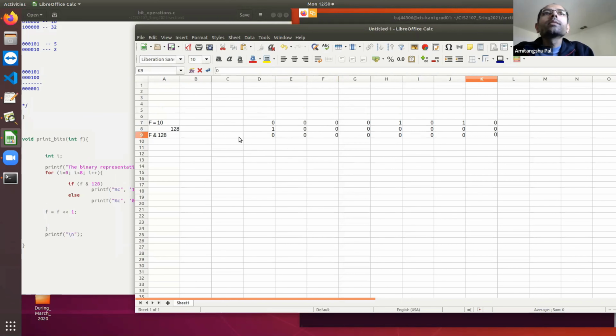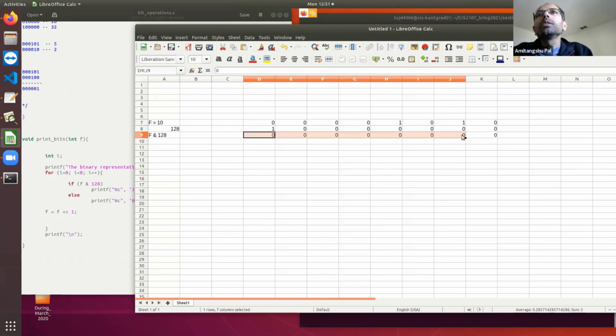So let's try to understand why I am ANDing it with 128. 128 means this place is 1 and all the remaining places are 0s. So basically, I am testing whether this place is 1 or not. If this place is 1, then this number is going to be non-zero. If this place is 0, then irrespective of whatever is there in the remaining places, this number is going to be 0, because I'm ANDing with 1 and all zeros.